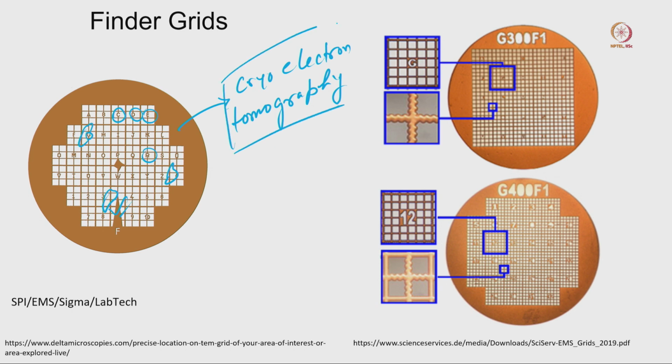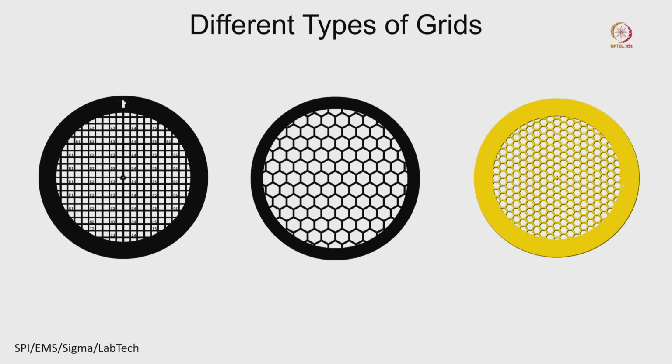Most of the time we use these finder grids for tomography samples, CLEM and cryo-CLEM type of samples, where you have a fluorescence-tagged cell or bacteria. We do the sectioning, or use FIB-SEM sectioning, and the same grid goes for tomography data collection in a 300 kV microscope. That is the time we use this kind of finder grid.